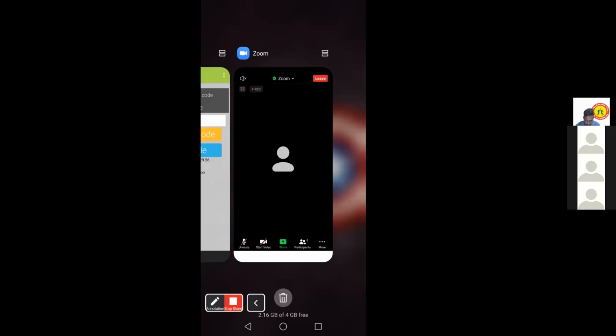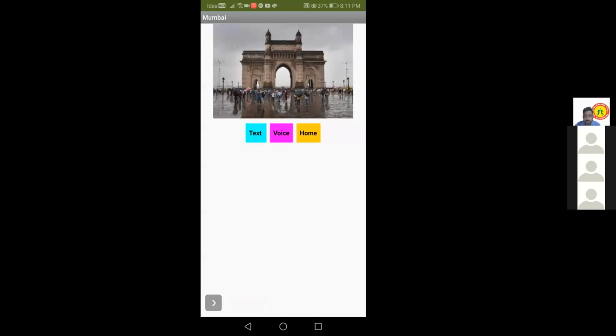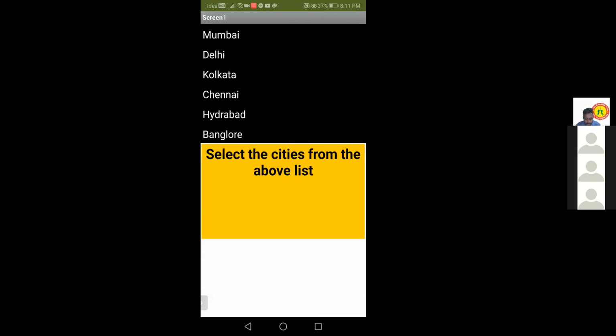One minute. Sir, try making a code where if you press the button once, then the text will appear. But if you press it again, then it will disappear. No, it will not disappear. Sir, no, I tried to make a code like that. Oh, you tried to make a code? Yeah. If you press once, it should appear, right? Yeah. So to make it disappear, I think you need to add another button.